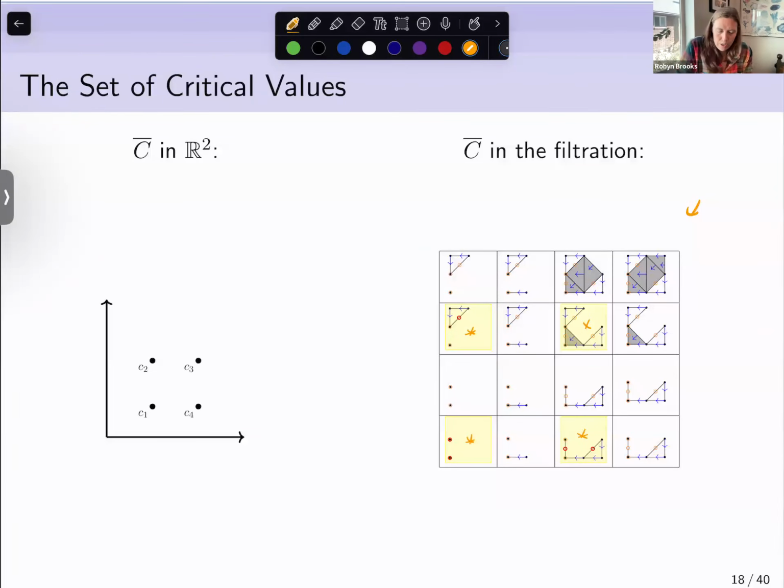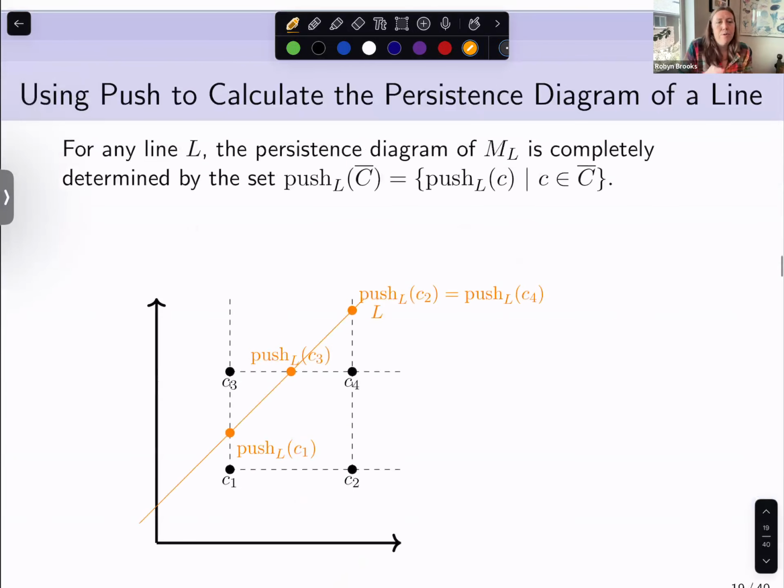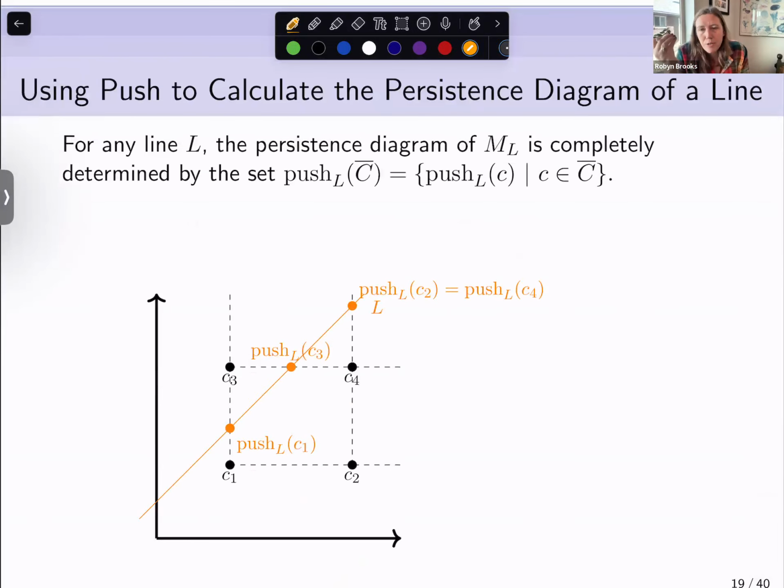So we view these critical parameter values in parameter space. It's just a collection of points. How these points are distributed, and how lines with positive slope separate them in the plane, determines how the restricted persistence diagrams along lines look. To see this, we want to observe that for these multi-parameter persistence modules, the nice class of modules I've told you about,